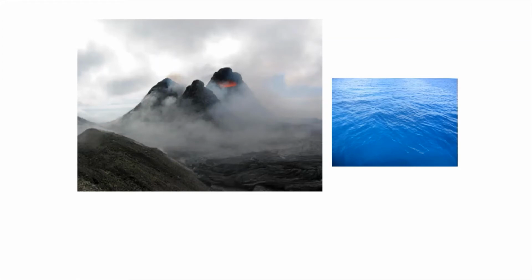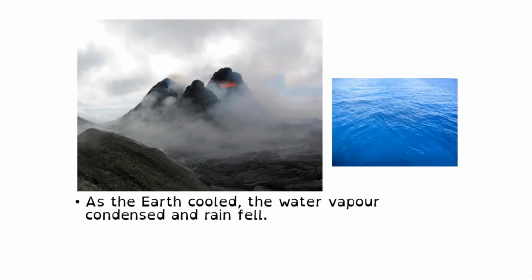So here we have a picture of some volcanoes. Now, obviously we can't go back in time billions of years, or any time at all, to take pictures of volcanoes at the beginning of the Earth's lifespan, but we can, as scientists, use the evidence from volcanoes today to make theories about what volcanoes were like and what gases were coming out of those volcanoes back when the Earth did form. So the Earth continued to cool, and the water vapour that was coming out of those volcanoes